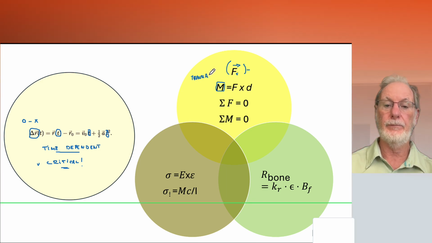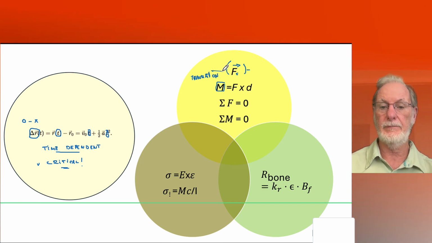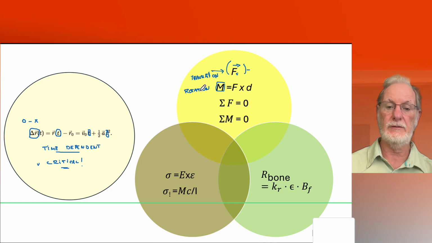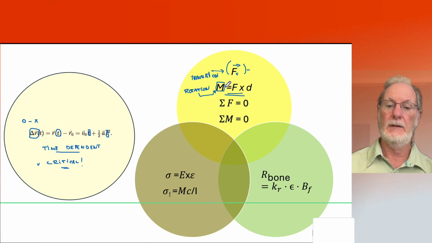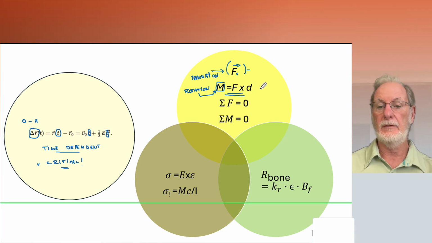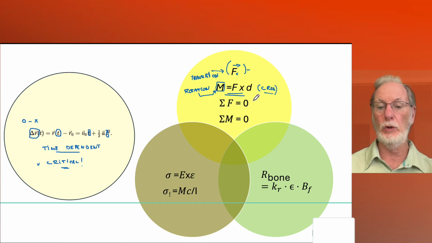which is the linear force that is applied to the center of resistance, and a rotation, which is the rotational tendency of the object, which is in our case the tooth, and they are related by this formula, M equals F times D, D being the distance to the center of resistance of the force that is applied. Something that is very important though in aligner therapy is these two equations where the forces and moments are zero,